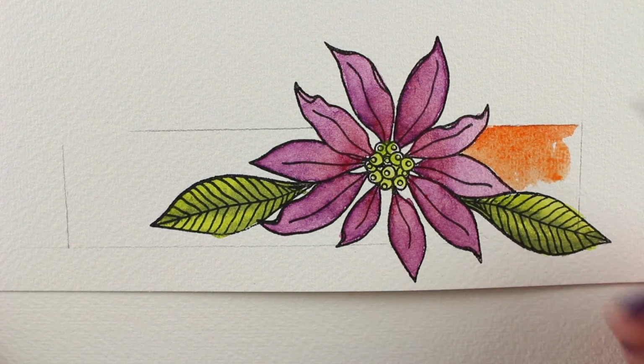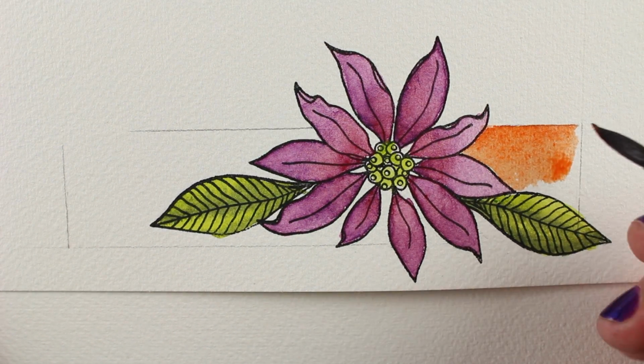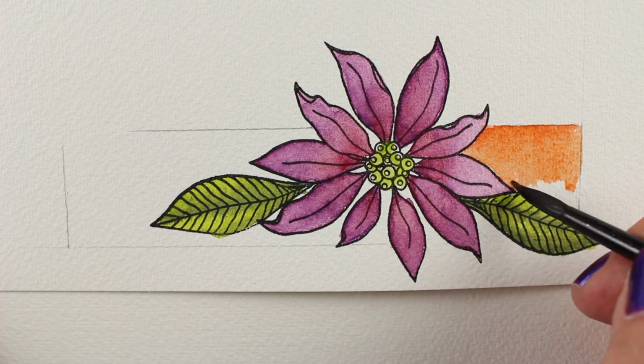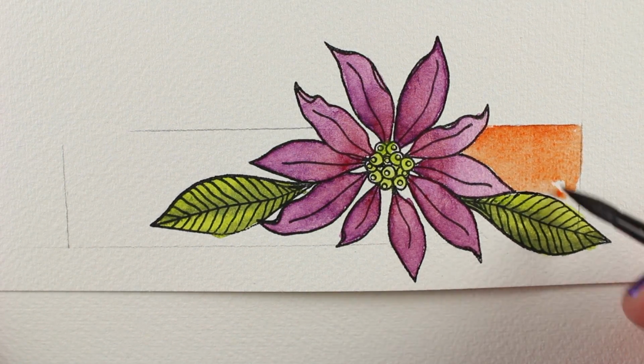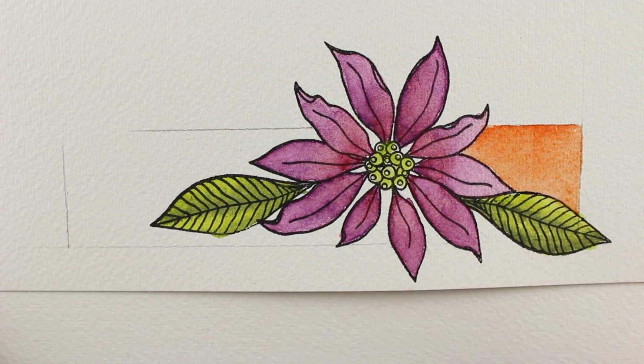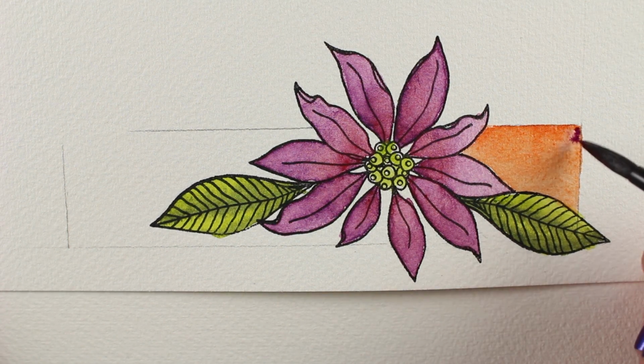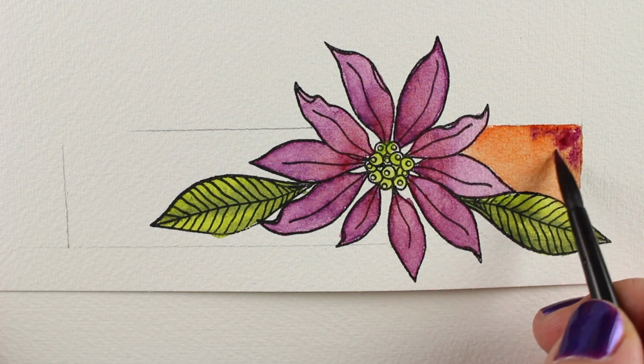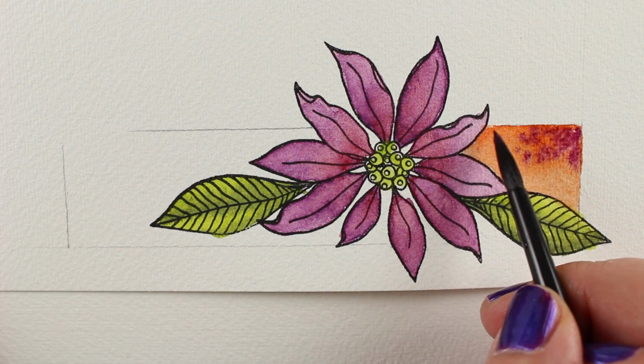So we need to do our rectangle of color, right? Since we're doing swatchy things. So I'm going to paint a rectangle of this orangish color that I've mixed up. And I'm going to use all that leftover purple that I have left in my palette. And I was trying to figure out what I was going to do to make this wet in wet and do it as a background. And it came out as this very cool marbleized look that I think is just a whole lot of fun,